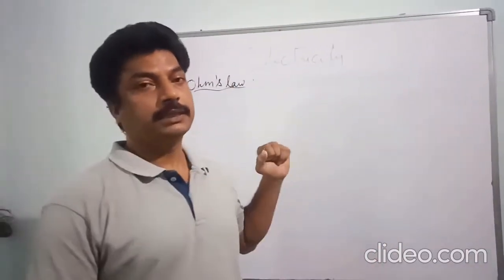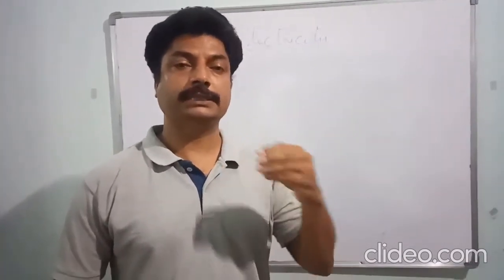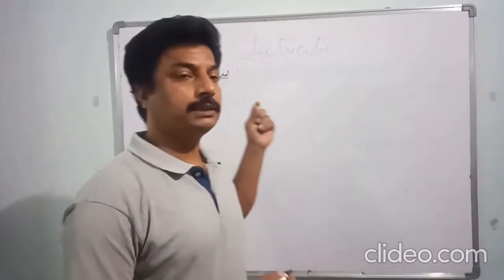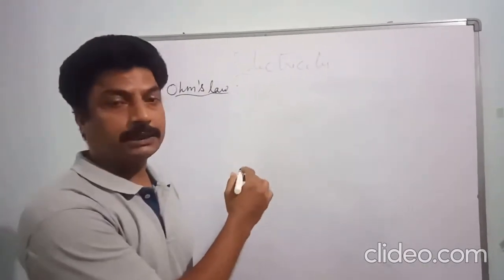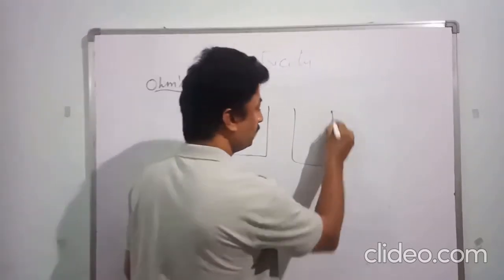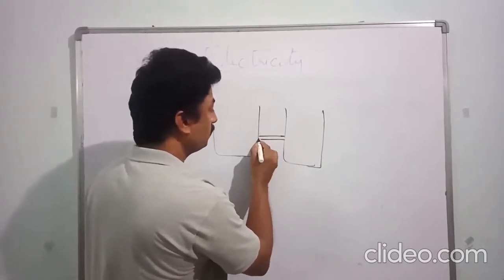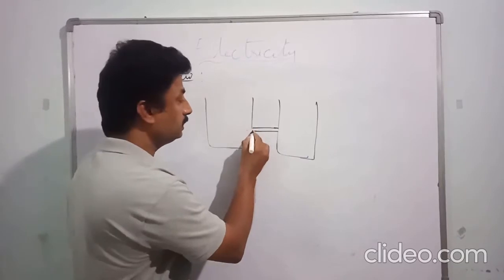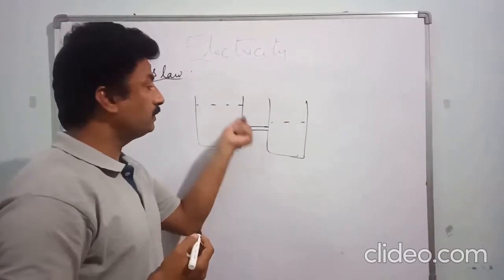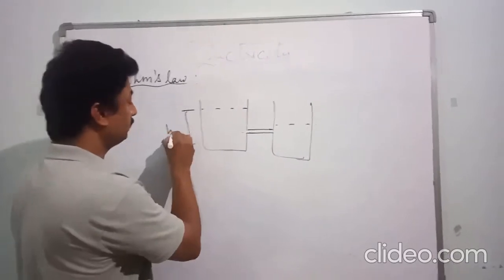Let us start. In the previous class you have studied regarding the potential difference. Let us start again from there to give you a better understanding. In the previous class you have seen the two beakers with a pipe connected to them, right? So how is the potential difference created? It is because of the level of the water. The water flows from a certain height to another height when there is a height difference.